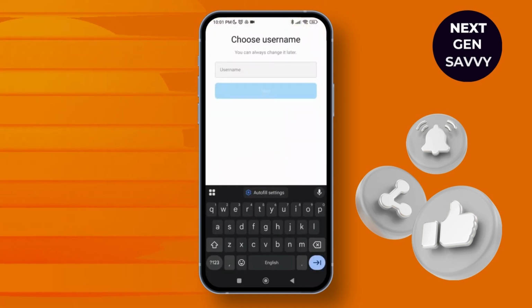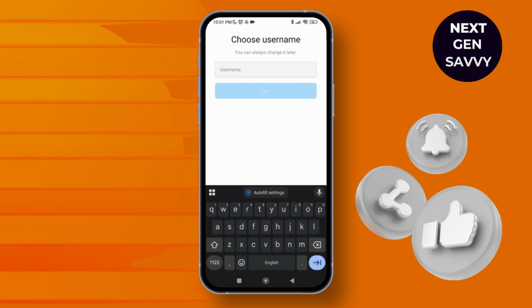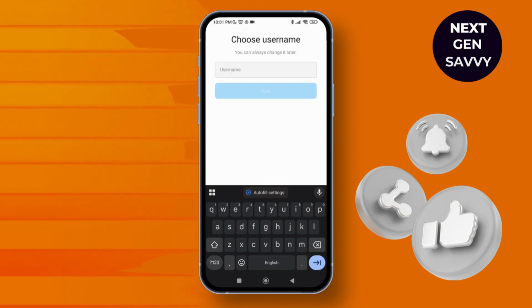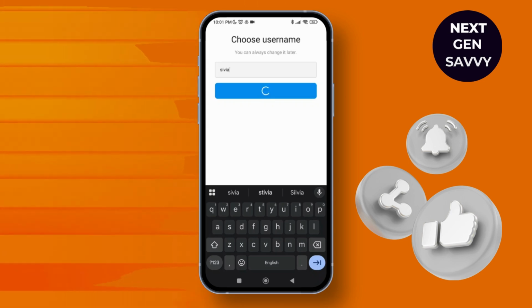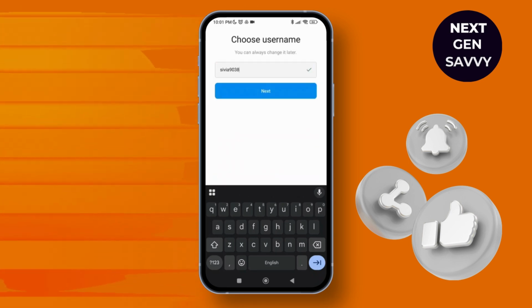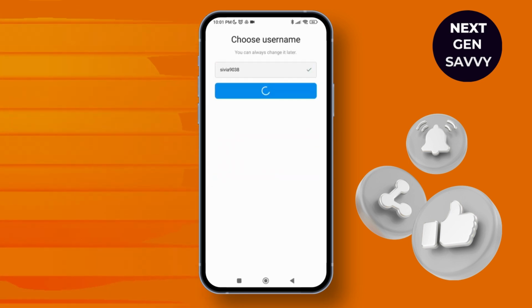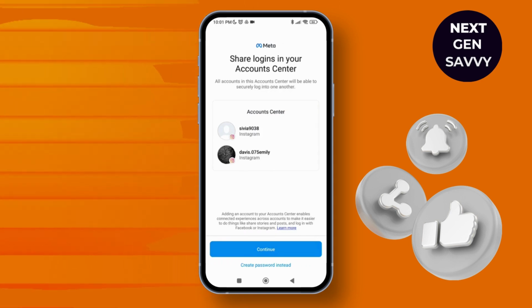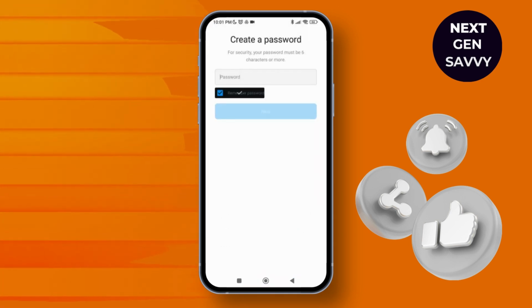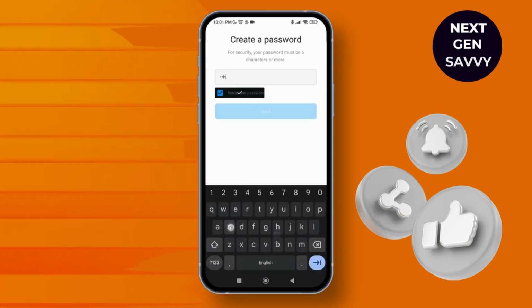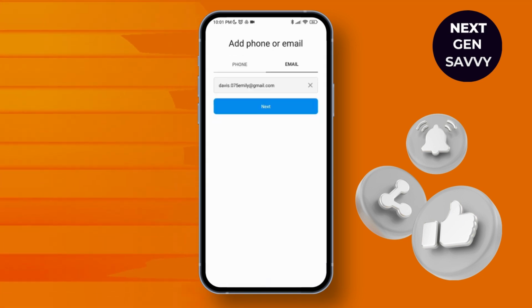Here, first of all, what you need to do is choose your username. So let me select a username over here, and after that let's just tap on next. Now here you can just create your password, so just tap on create password over here, then tap on next,